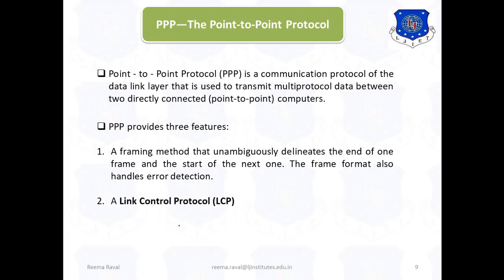Second, it provides LCP, that is the Link Control Protocol. Here the Link Control Protocol negotiates data link protocol options during the establish phase. The LCP protocol is not actually concerned with the options themselves but with the mechanism of negotiation. So it provides a way for the initiating process to make a proposal and for the responding process to accept or reject it in whole or in part. It also provides a way for two processes to test the line quality to see if they consider it good enough to set up a connection for data transmission.